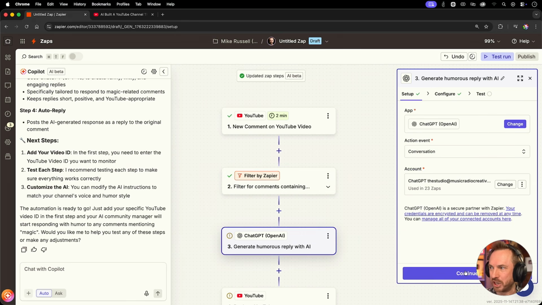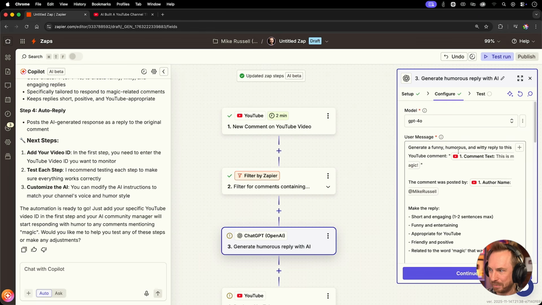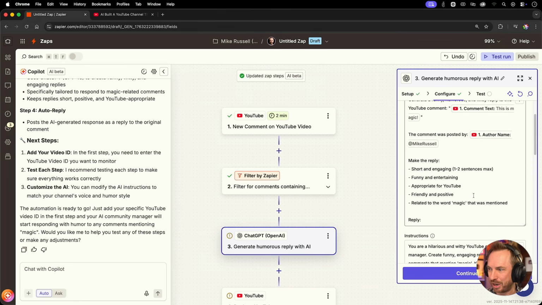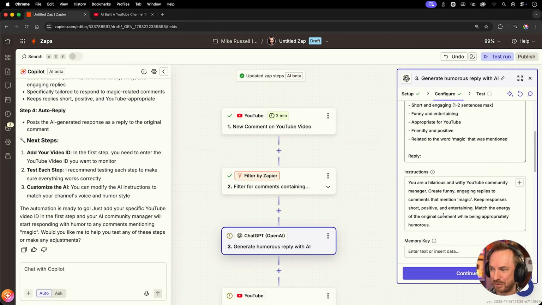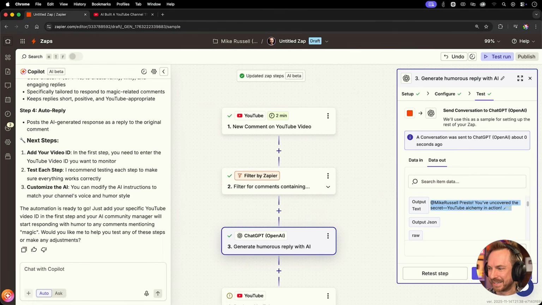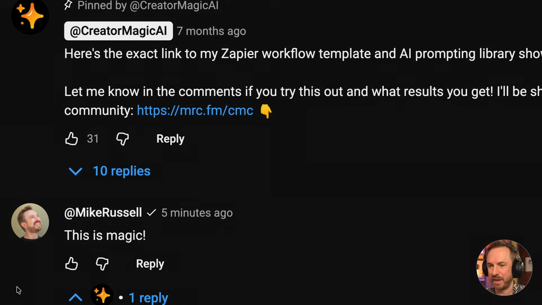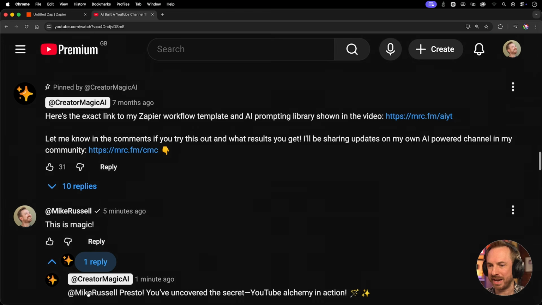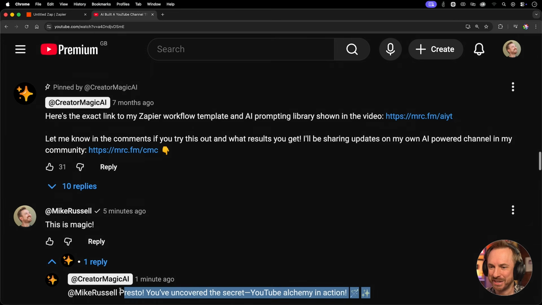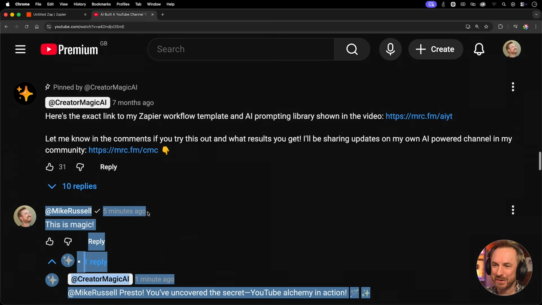So we'll continue to the ChatGPT step, which is all set up by Zapier Copilot. You can see everything has been mapped in correctly, and it's saying how the reply should be made. This is really cool stuff. There's the output that would go through, so let's continue on to the final step here, which is responding to the YouTube comment. And boom, there is the comment, but most importantly, there's a reply. Scroll down, and there is the comment posted by my AI employee straight there to the YouTube channel. This is really cool stuff. And it took me a matter of moments there to prompt Copilot from Zapier to make that automation.